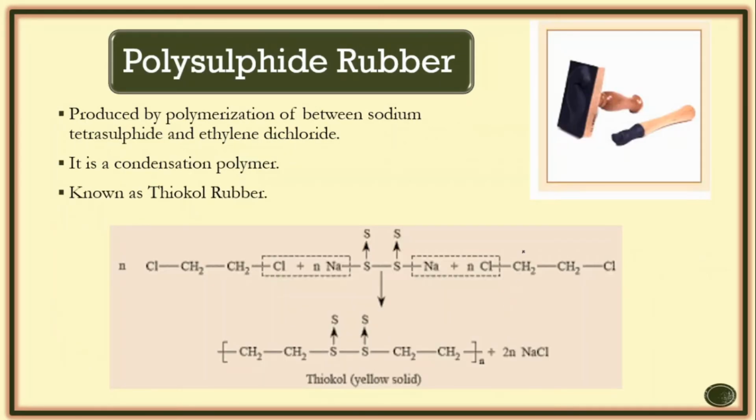Coming to the next one, which is polysulfide rubber. As the name suggests, sulfide, so sulfur would be there. In vulcanization also we use sulfur, so here polysulfide is used. You may call it thiokol, and methylene dichloride is there. Polysulfide is a condensation polymer, because there is a release of